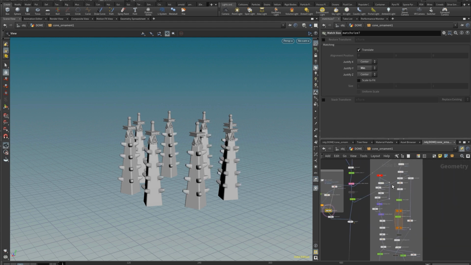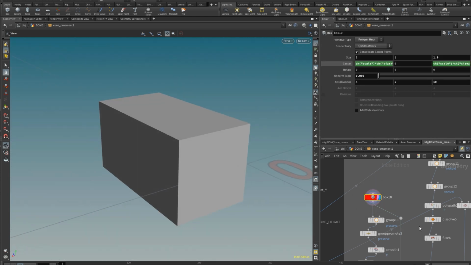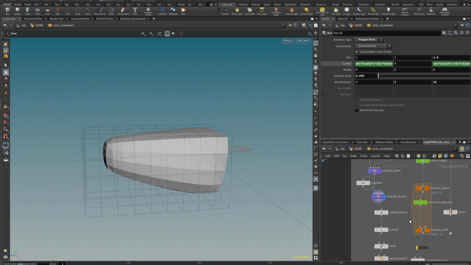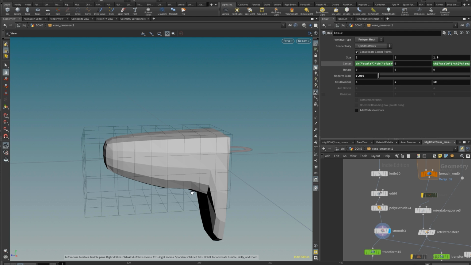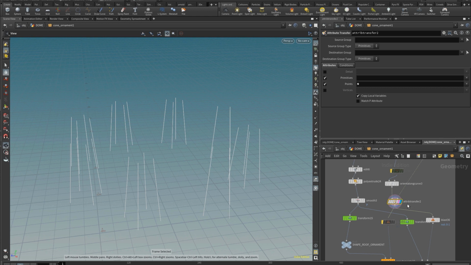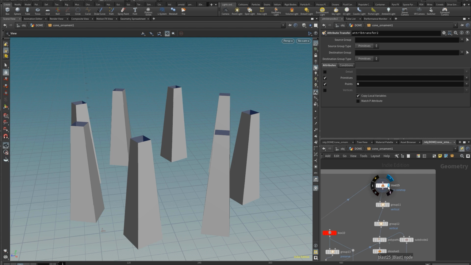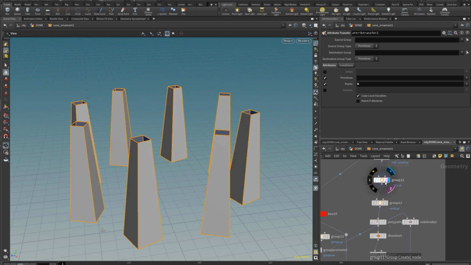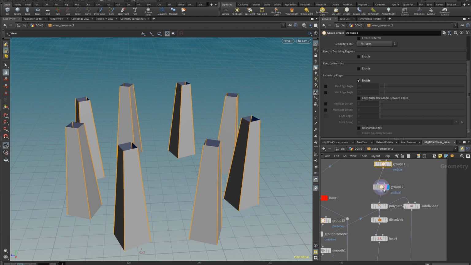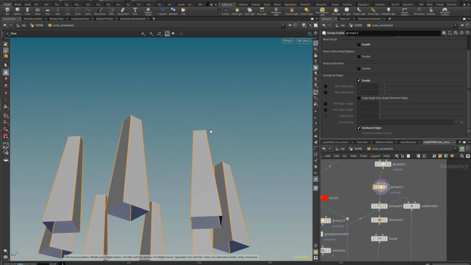Then we have those ornaments right there that are set on the edges of the cone. First, I'm modeling this stuff real quick with a box and smoothing it just on one side, extruding the base, and that gives us something to start with. I need to extract those vertical edges. To do so, I'm starting by creating a group of edges. So that would be, let's say, a group base, and on this group base, I'm subtracting the unshared edges. And this way I'm left with the vertical ones.